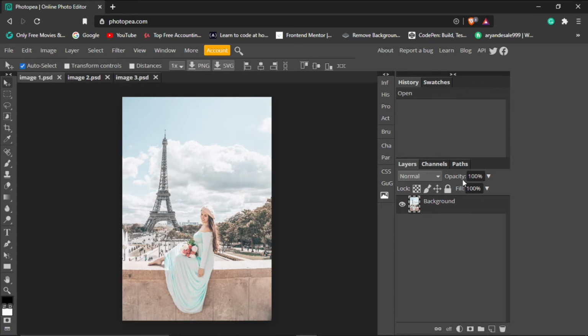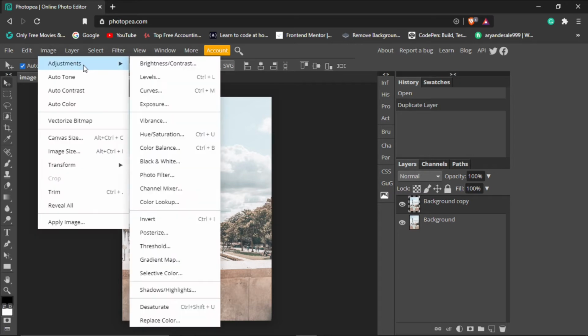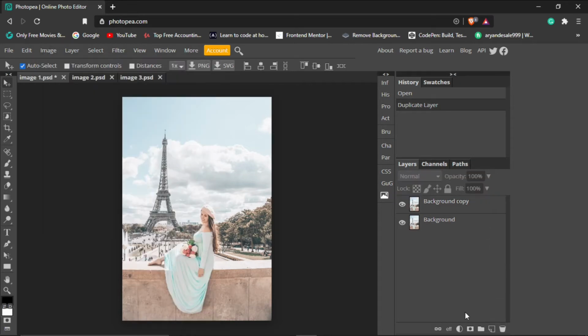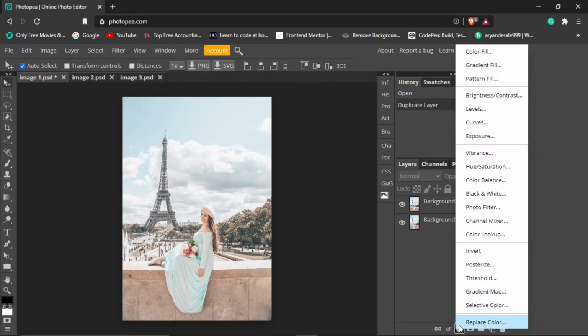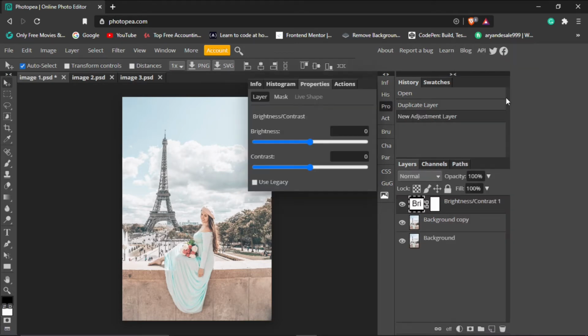To start editing, first we'll make a copy of this image by pressing Ctrl J. I made a copy to have a backup in case we do something wrong with this image. So we will edit this image by adding an adjustment layer to it. You can go to the image adjustment and choose whatever you want, or you can go to this circle icon, half white, half black, click it and choose the option. Right now I will be using brightness and contrast. In this image the brightness is very high, so we'll decrease the brightness by moving the slider to the left, and I will also decrease the contrast by moving the slider to the left.